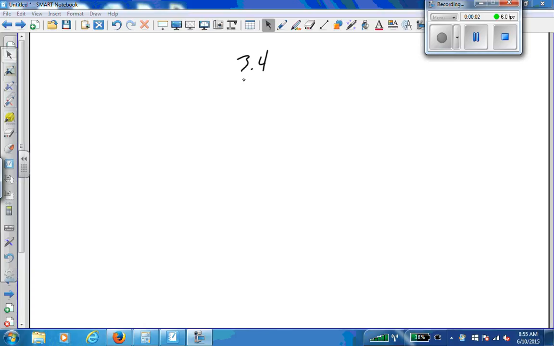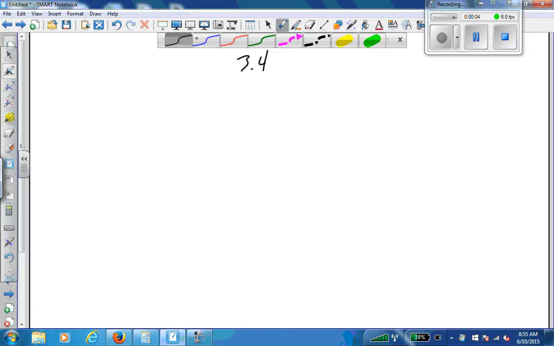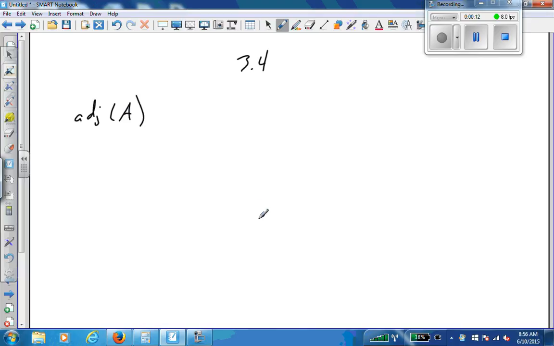In 3.4, we're looking at some applications of determinants. And the first thing that we're going to do is look at what we mean by the adjoint of some matrix. So to remind ourselves, to do this, we're going to have to calculate some cofactors. So just reminding ourselves, if we have a matrix